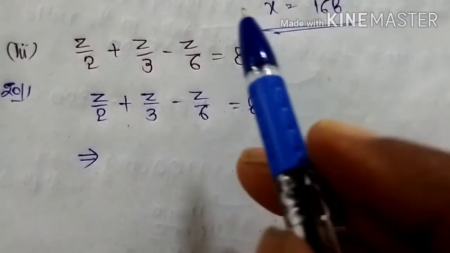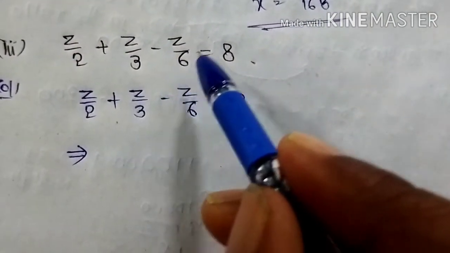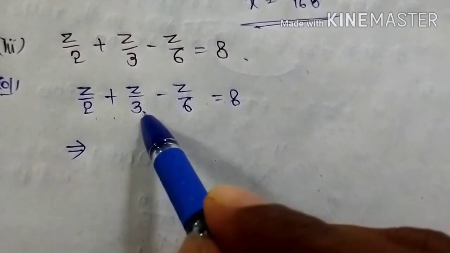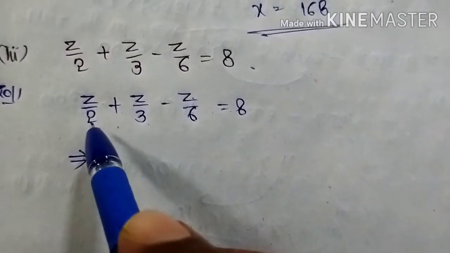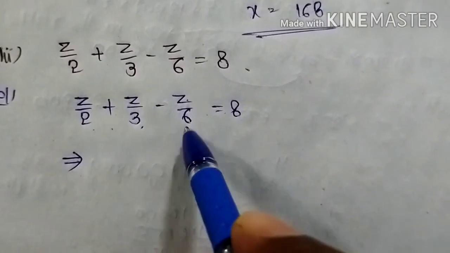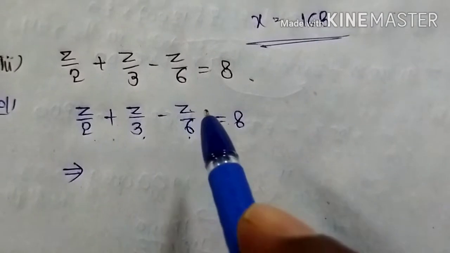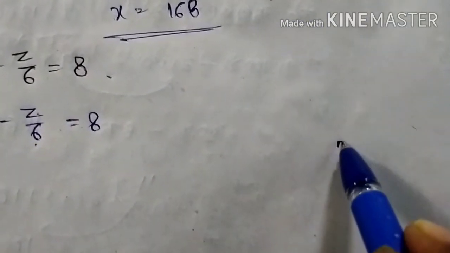Now you can see your third one. Simplify the equation z by 2 plus z by 3 minus z by 6 is equal to 8. See here, all the left hand terms are having the variable term z, or not? Yes, so first of all you can find the LCM of 2, 3, 6. Why? Because all these are unlike fractions. Yes or no? Yes, I am writing here. First of all, you know how to find the LCM of 2, 3, 6. You know that. What is the LCM?